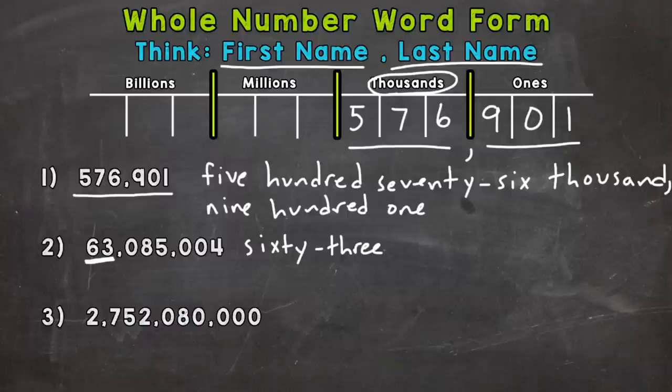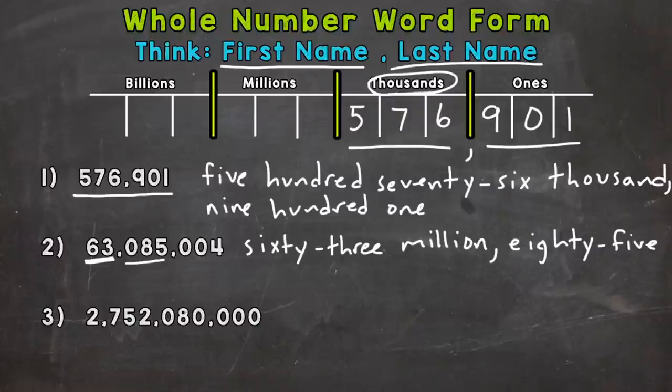So 63 million, comma. Now we move to the next section or period. Read the number as is, and we have an 85 there. 85. I'll need to come to the next line, and we're sitting in the thousands period, so 85,000,